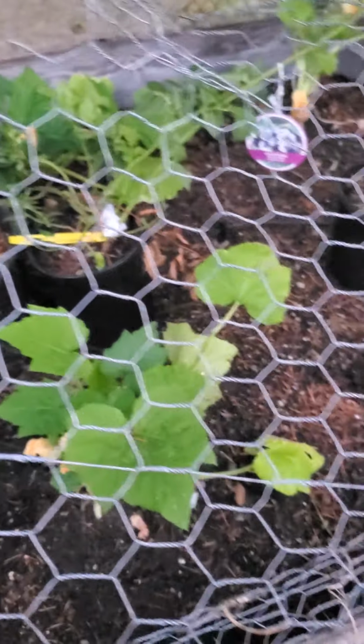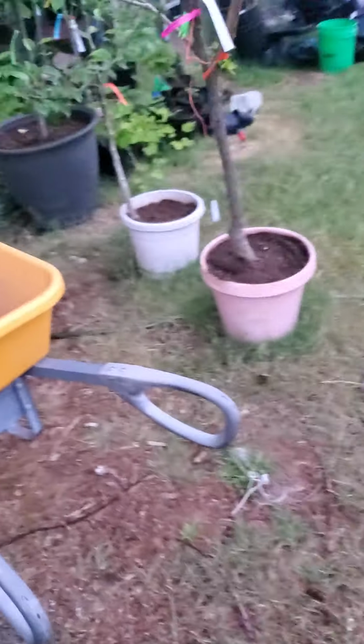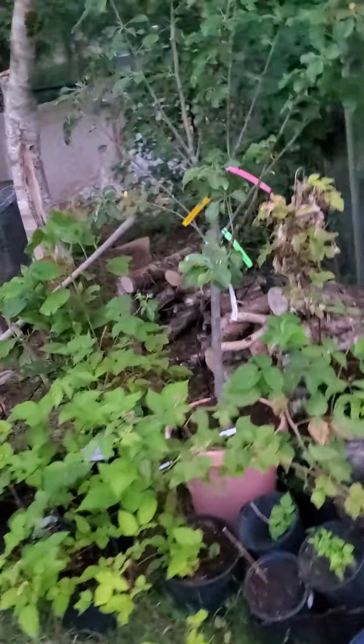Ooh, looks like my blueberries got too much direct sun, which is why my husband moved them here. In with the zucchini. Cool. Greenhouse. Let's see. Looks like the raspberries did okay. Nothing did perfectly, but